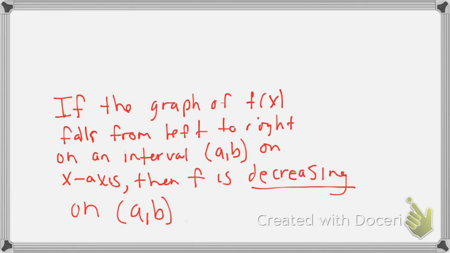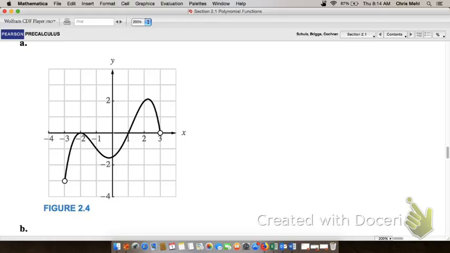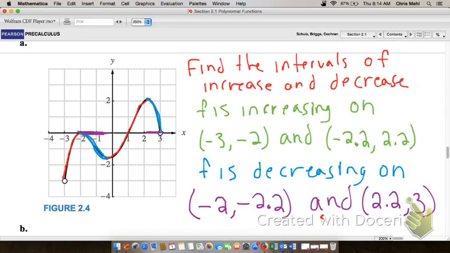Okay, so let's take a look at this example from the text again, and we're going to find the intervals. So f is going to be decreasing on, if you look at the blue part of the blue graph, above that I've shaded in purple the interval on the x-axis, and it looks to be decreasing from about -2 to x equals negative,